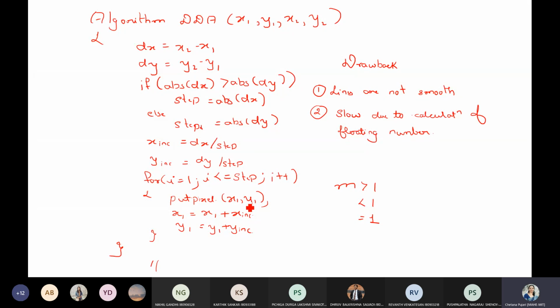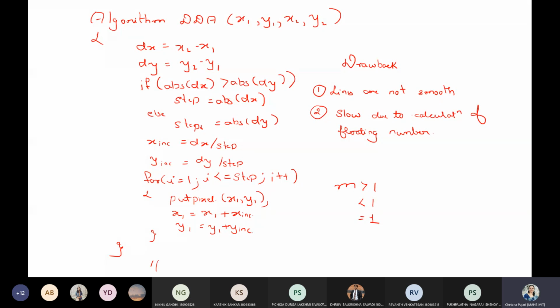The main drawback of the DDA line drawing algorithm is that the lines are not smooth, because we are rounding off the values. We discussed various examples in the previous class with different conditions, and we saw that we make use of a round off operation. For example, if you have 0.62 something, we consider only 0.6 and round it off to 1 and things like that. Because of this rounding off operation, your lines are not smooth.